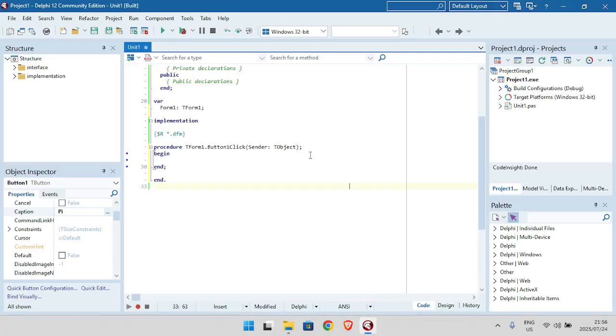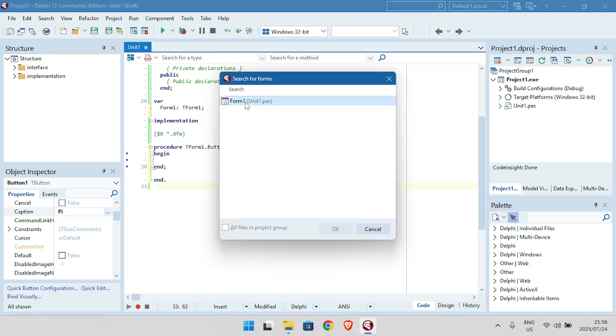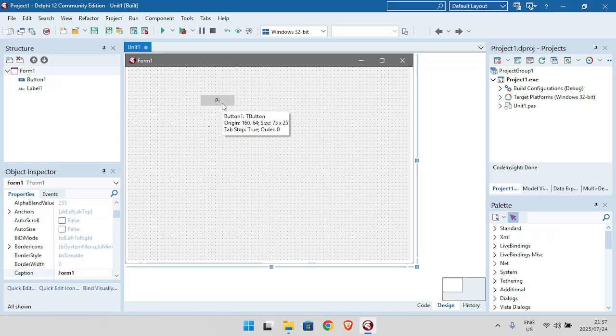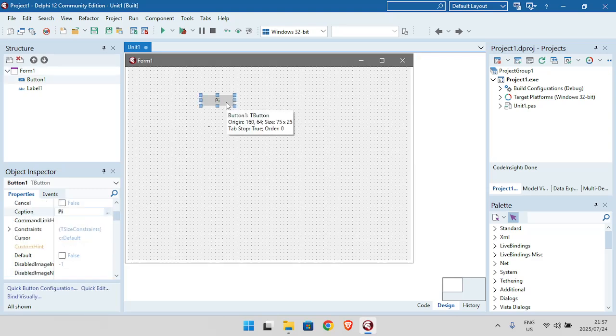I'm going to show you the pi function. I already created the GUI. Okay, so it's a button, the caption pi, and a label. So when I click on the button pi, I want to display the current value of pi in my label